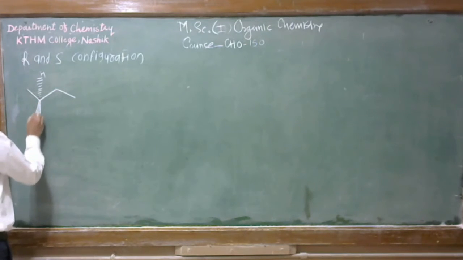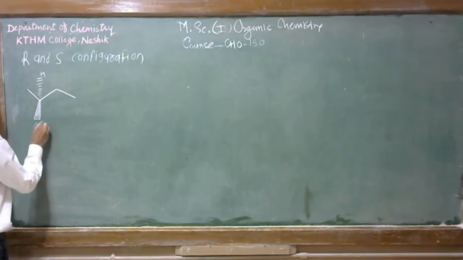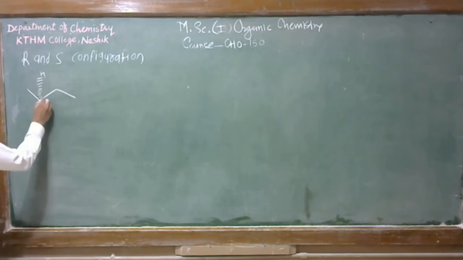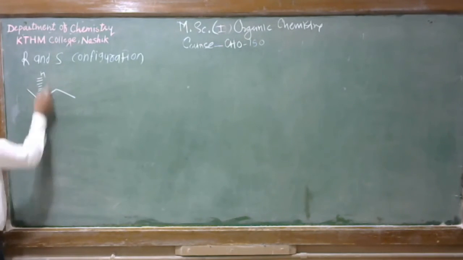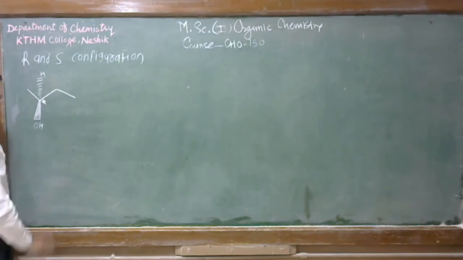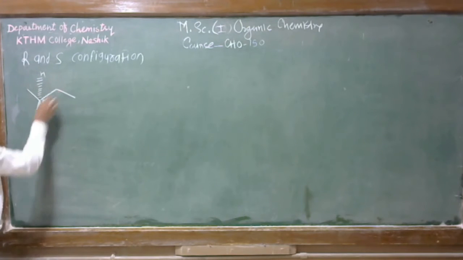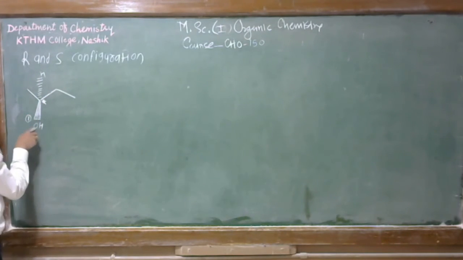And see here, this is the first example in which here is the OH. In this example, you can see this is a chiral carbon atom having 4 different groups. This is hydrogen, this is ethyl group, this is ethyl group, and this is the hydroxyl group. If we observe all these 4 groups, then give the priority to the hydroxyl group first, because here is the